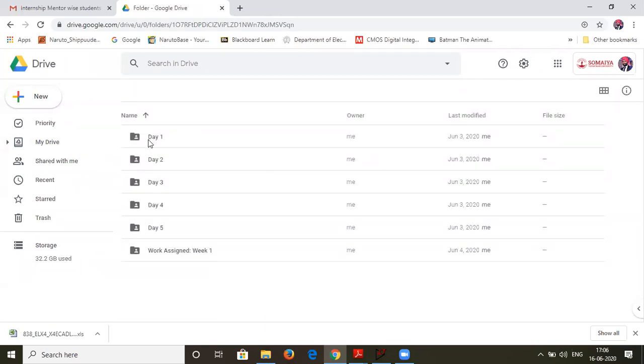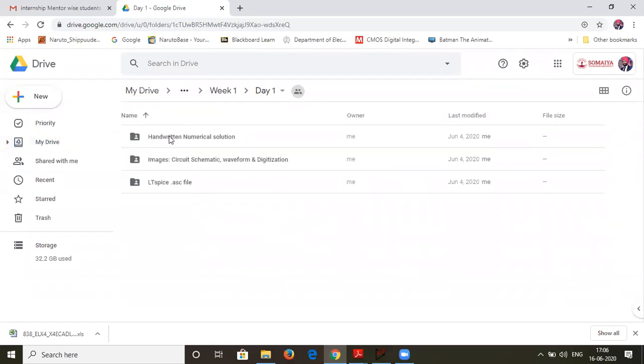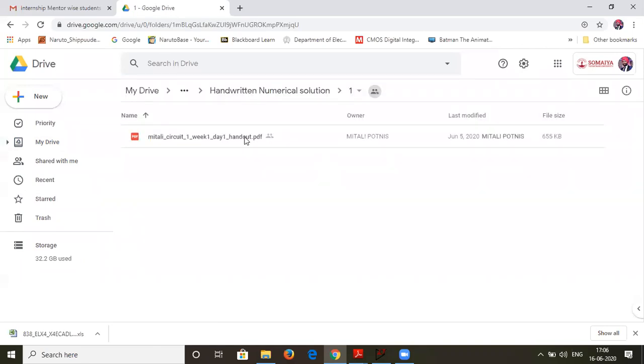Since you asked how the format of the handout should be, right? This was the question, right? Yes. And one more thing, when you name the handout, please name it against your name. So you can write, for example, in this case, your name, week 1, circuit 1, day 1, and then handout.